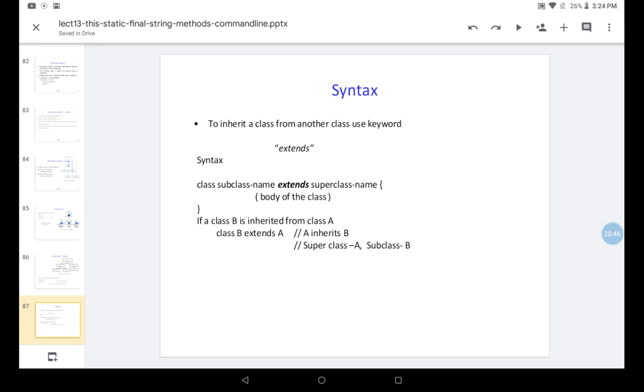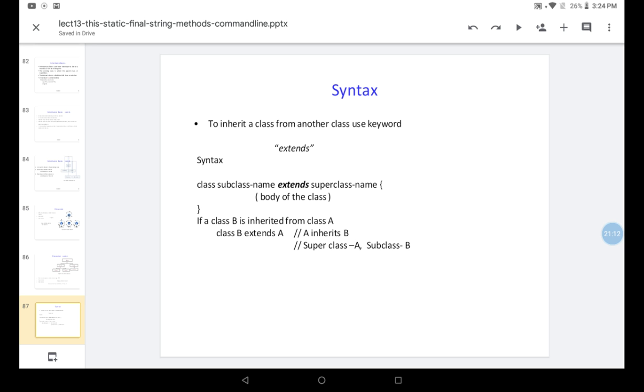To inherit a class from another class, we use the keyword extends. Now we are coming to the programming part of implementing inheritance. The syntax is: class SubclassName extends SuperclassName, then you write the code.